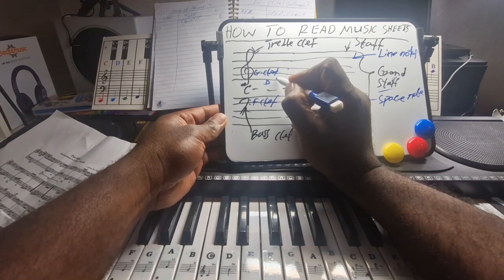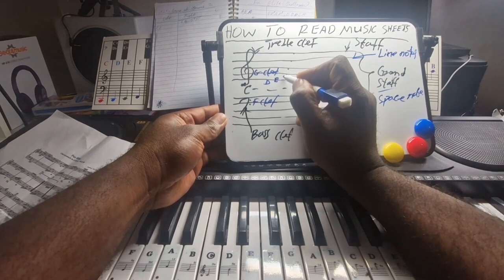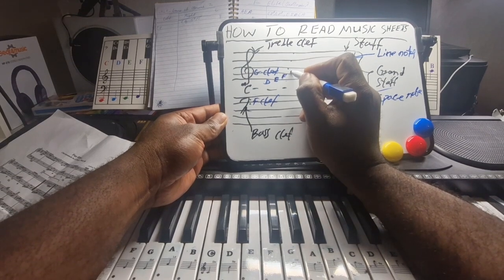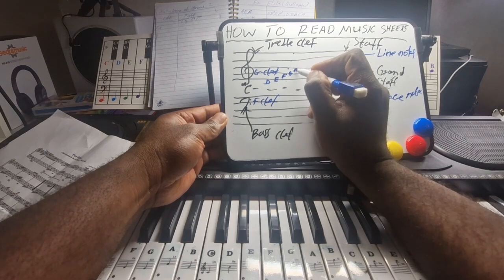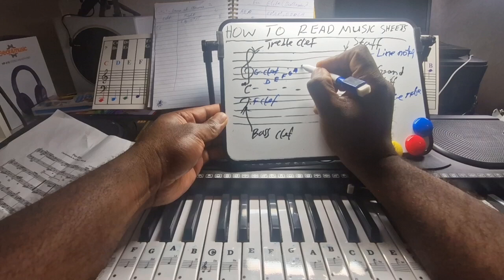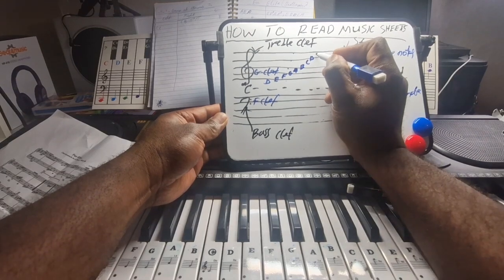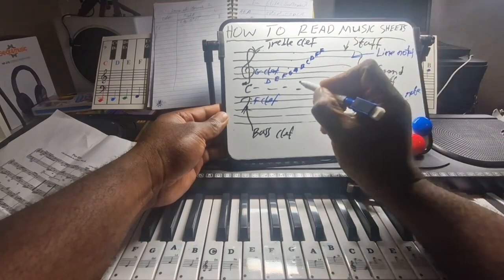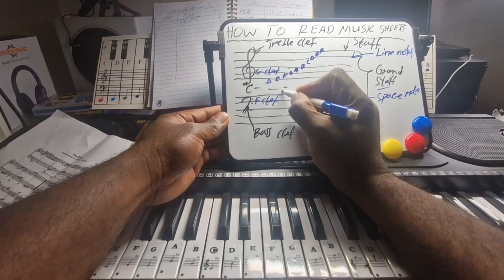And after D, we have E, F, G, A, B, C, D, E, F. And on the bottom section, you have B,